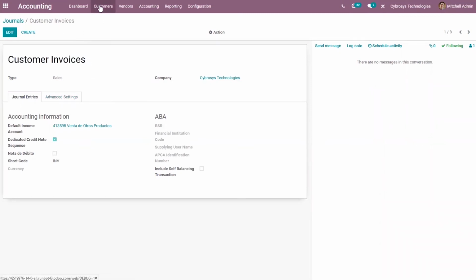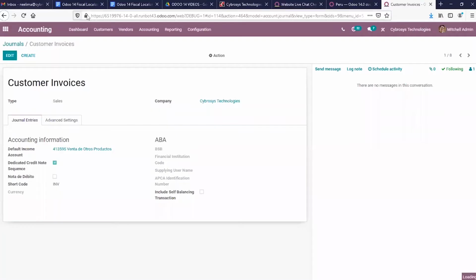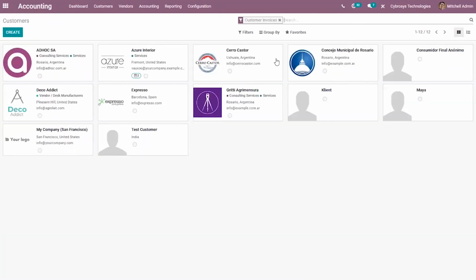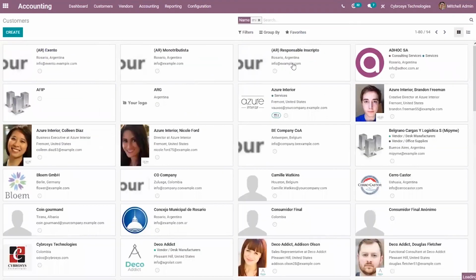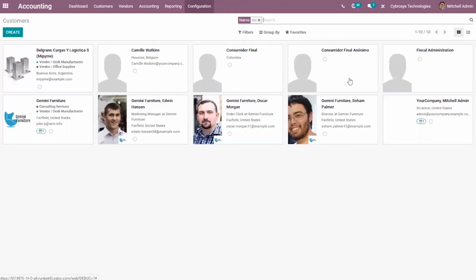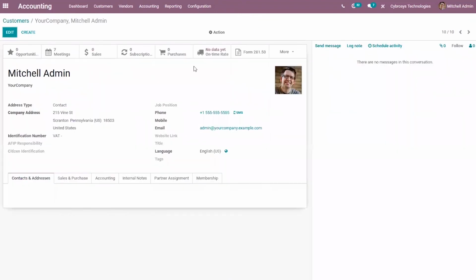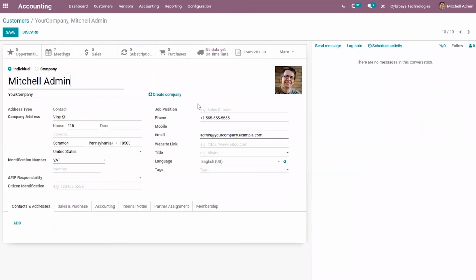And then we also have to set the job position inside the partner form. The invoice PDF template of Odoo will include the job position of the partner by default.